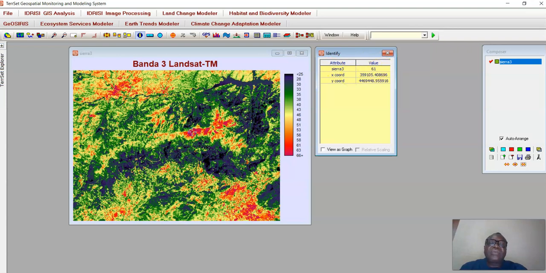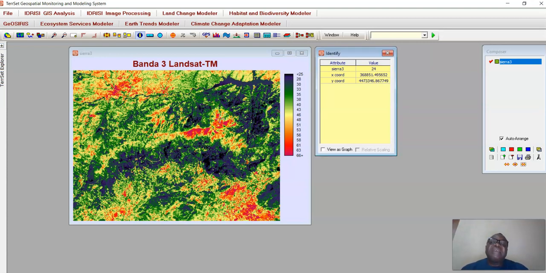When you look at this one, it is 61. Even the water varies: this is 26, this is 31, this is 25. Even the water body varies, and the waterlogged area also has different values like 29, 20, 32, and so on and so forth.